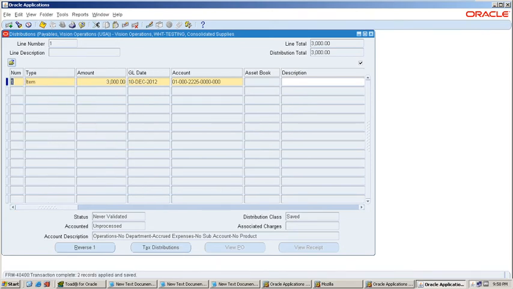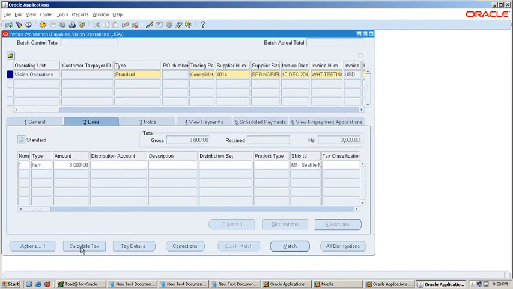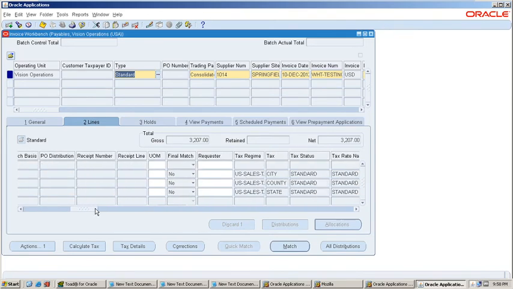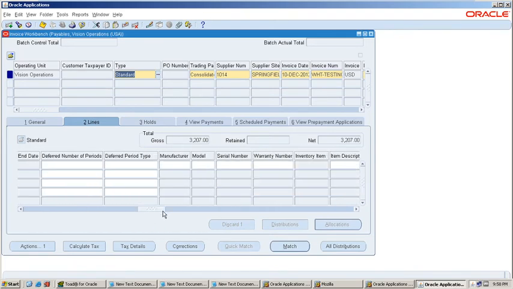Now calculate tax. This is the tax which was generated automatically based on the supplier details. And also we have set up the withholding tax code at the supplier level, which we can see at the line level as well.